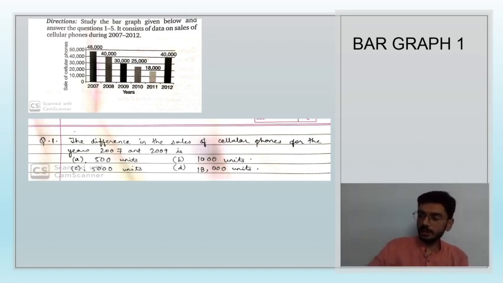I think that you are perfectly all right with this solution. There is absolutely no explanation needed in such easy problems, and we'll try to solve all these bar graph problems without picking up a pen. We'll only pick up our pen whenever it's needed, or else apart from that, just by looking at this data interpretation, we'll try to understand the various aspects of it. This is the first question. I hope that you did not have any problem in it. Let's move on to the next question.